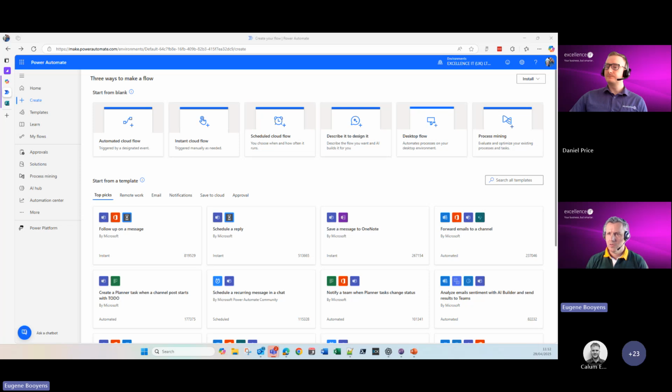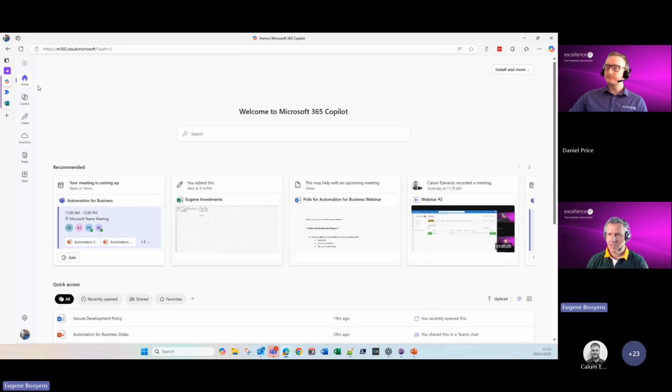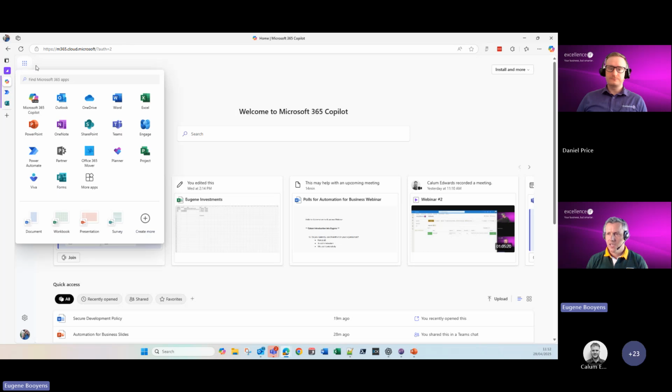Now, you might not even be aware of this, but if I take a step back, if you go to office.com and log on with your Microsoft 365 account, and you click on the little app drawer, you can actually get into web versions of a number of apps like your email, OneDrive, and even versions of Word and Excel, and Teams as well. There are other things in here, for example Planner, you might find useful. There are other apps that are basically included in your subscription. And one of those apps is Power Automate.